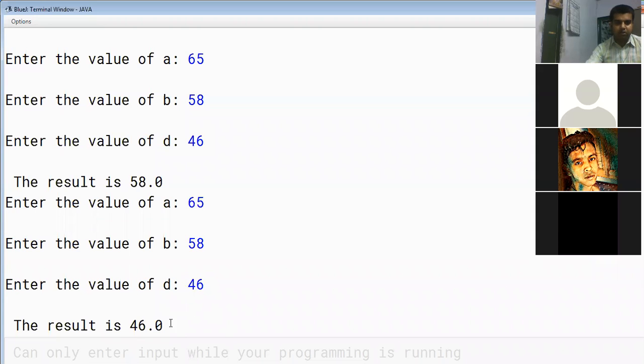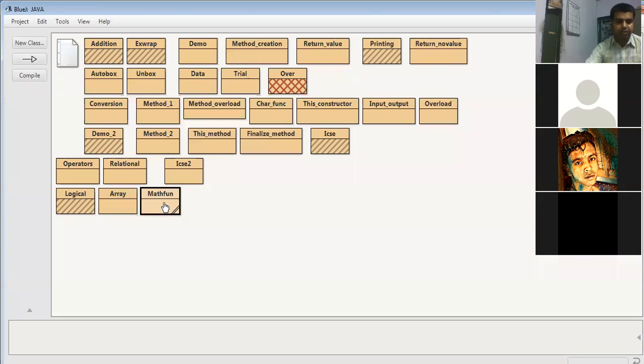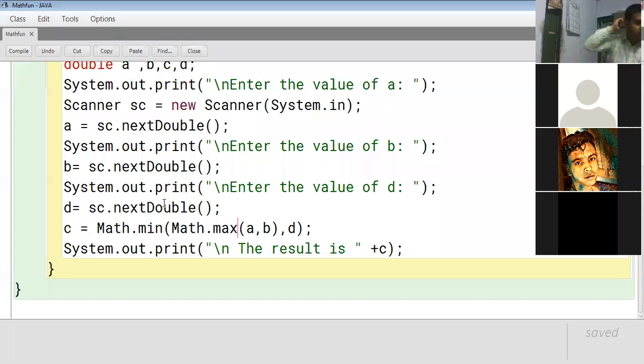Which one is the output? 46.0 is the minimum value. This kind of complex expression will definitely come in your short questions in Section A of your syllabus. Now we'll move on to make some complex expressions using some other kinds of operators.